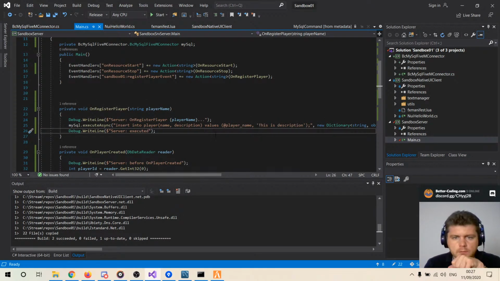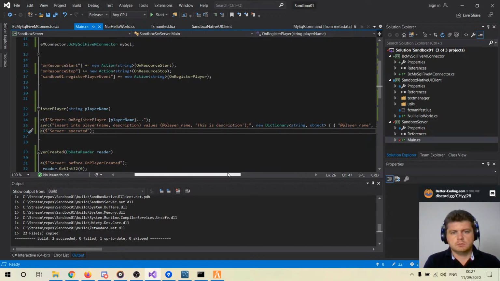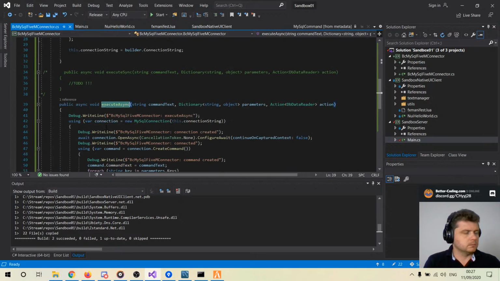Let me think for a moment. I have insert into player name, description, values, player name and description, and here I have